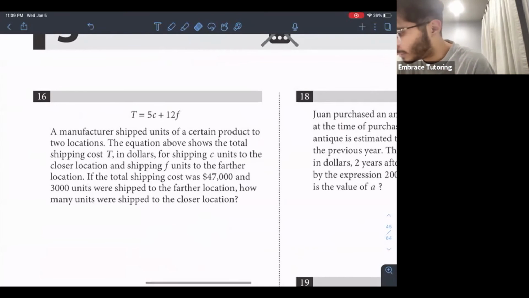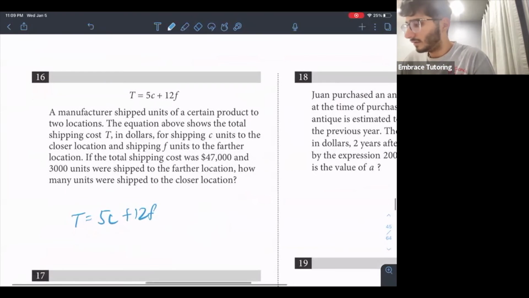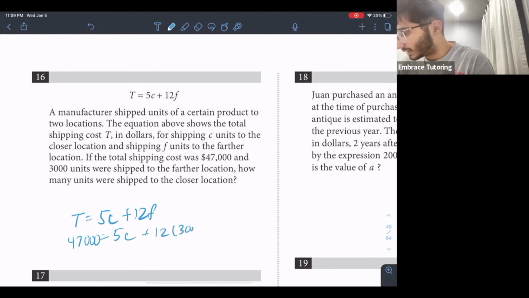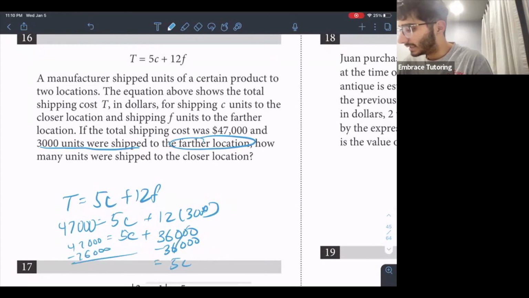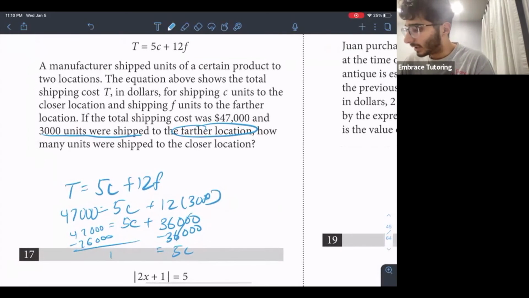So we know the equation is T is equal to 5C plus 12F. So we know the total is 47,000, and we know the closer location is 5C. We know the farther is 12 times the 3,000 that they shipped to the farther location. Then we get 47,000 is equal to 5C plus 36,000. So then we can solve for C by subtracting 36,000 on both sides. And then you get 5C is equal to 11,000. And then we can divide by 5 on both sides to get C is equal to